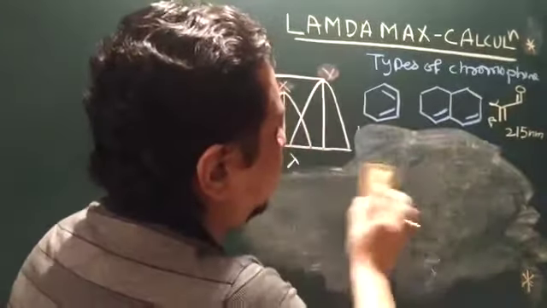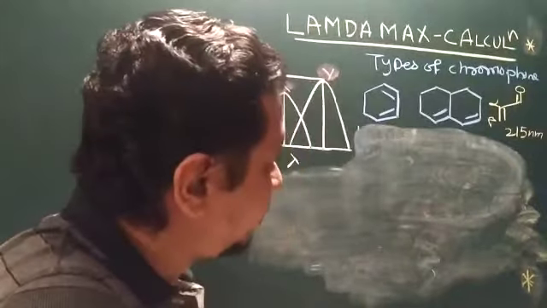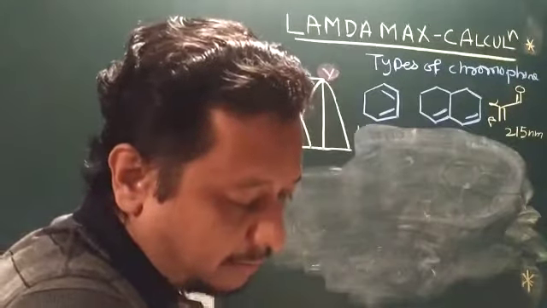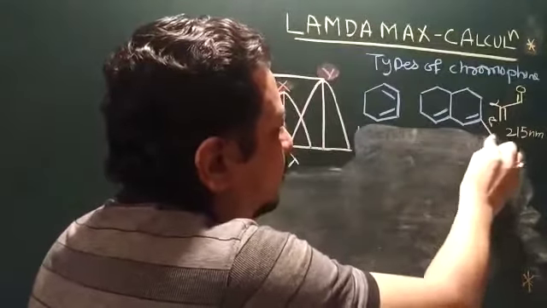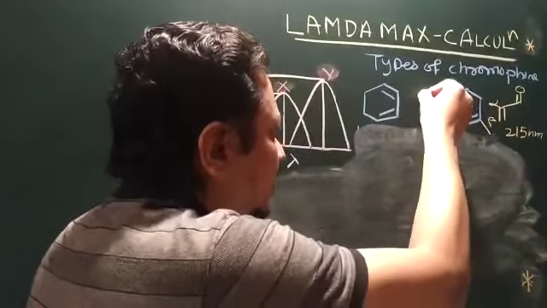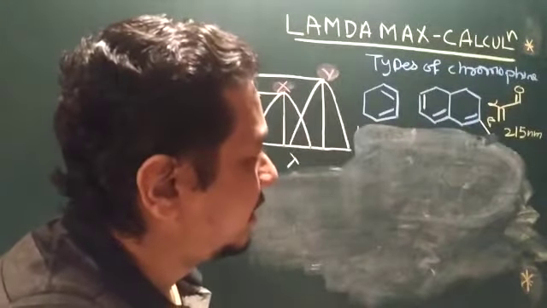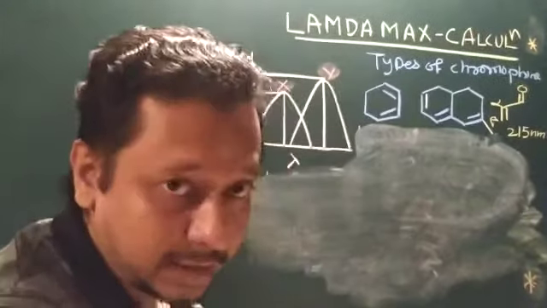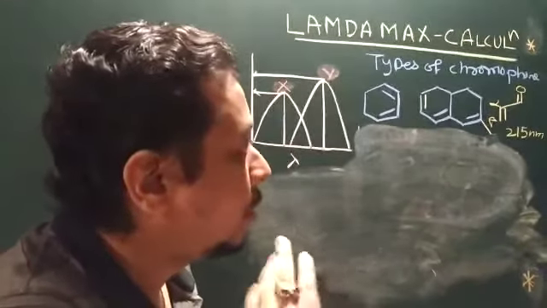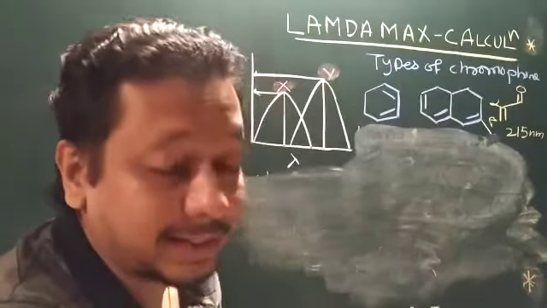So now let us see how we can solve the structure. Now suppose I have a structure like this, okay, one methyl group at a conjugation, one more increasing of conjugation, double bond. So if somebody tells you that you have to calculate the lambda max for this compound, the first thing is you have to identify whether it is homoannular, heteroannular, or alpha beta unsaturated ketone or acyl benzene.